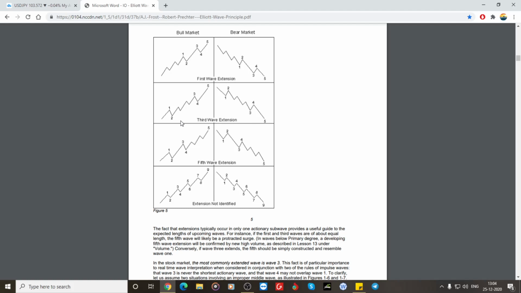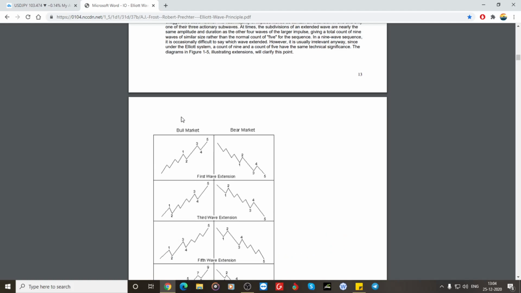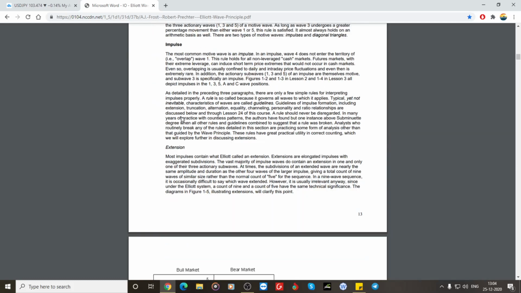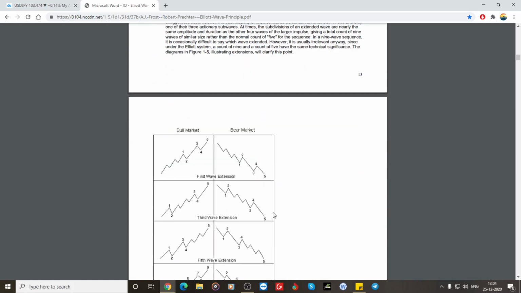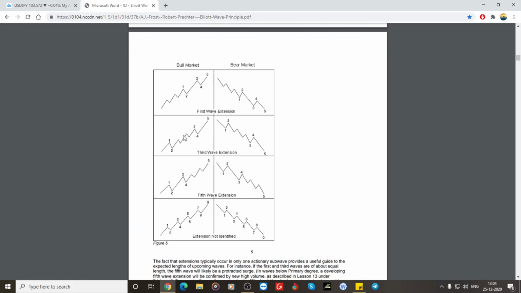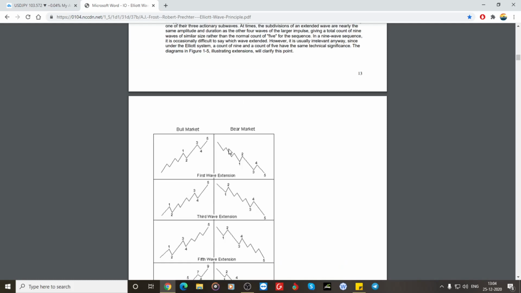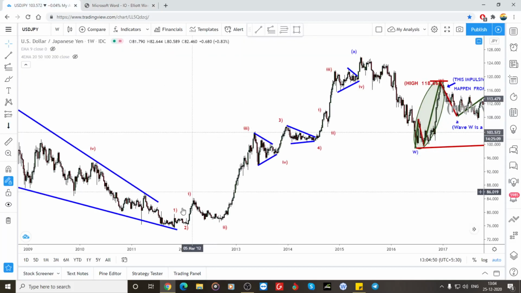I will get into that deeply and show you how you have to count because of this kind of third wave extension. Normally 70 to 80% of the time the third wave is the extension. So here it's wave 1, wave 2,